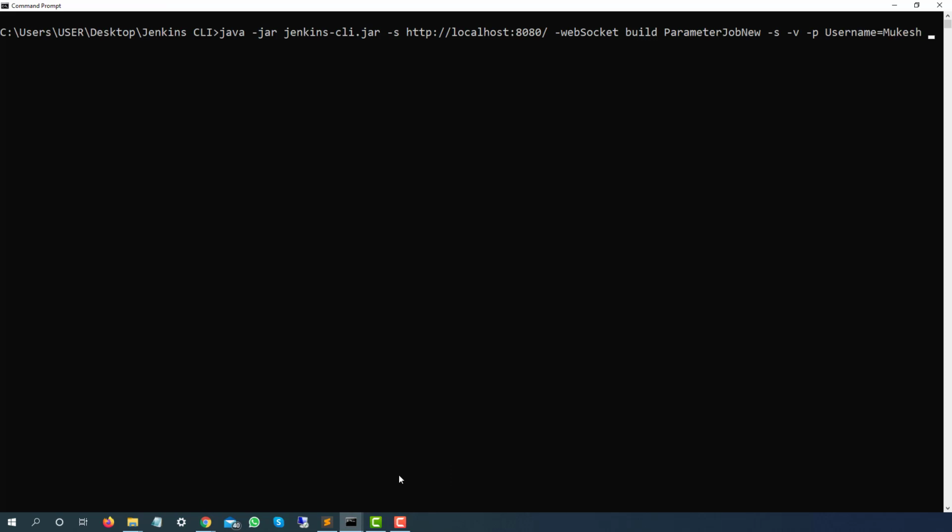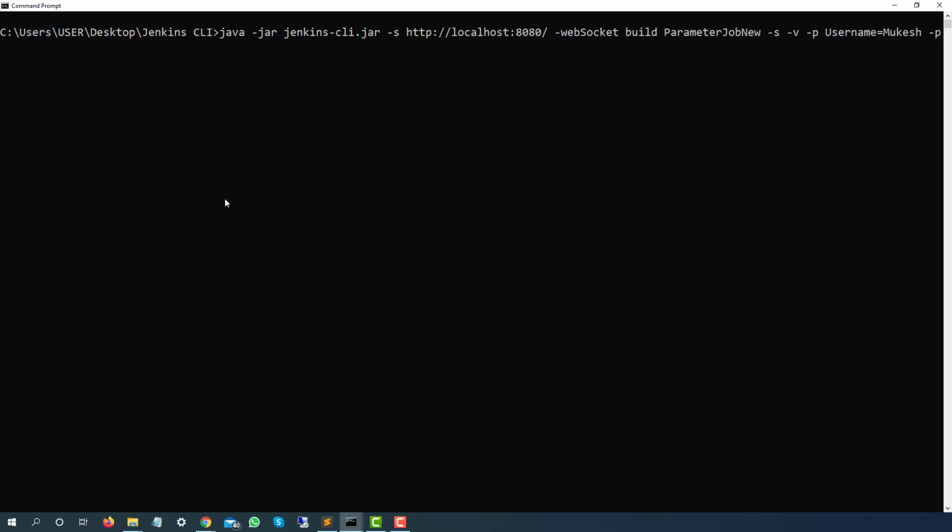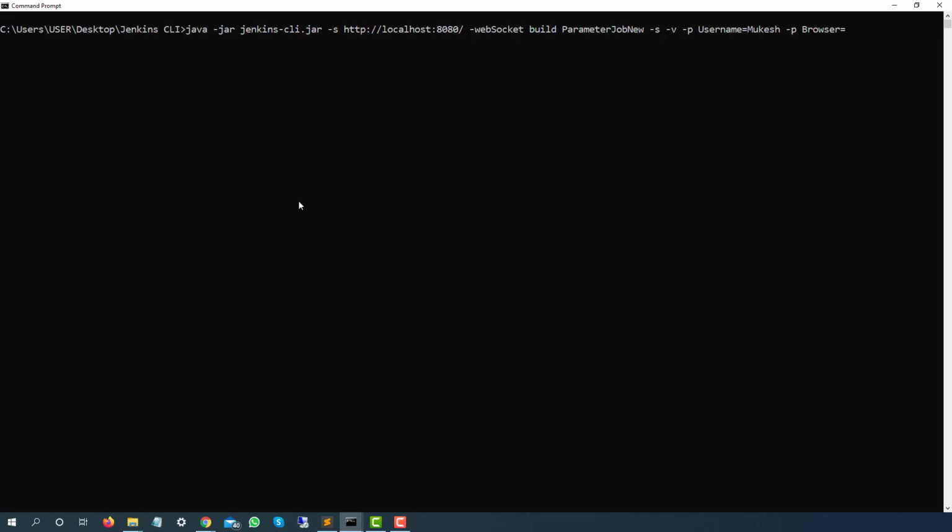Again, you have to use -p because we want to pass one more parameter. So -p, second parameter would be browser. I will be using Chrome.